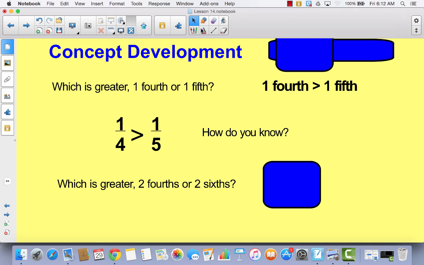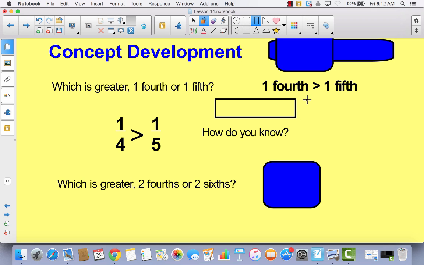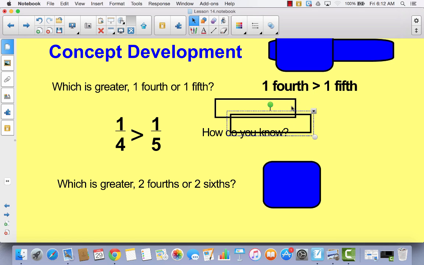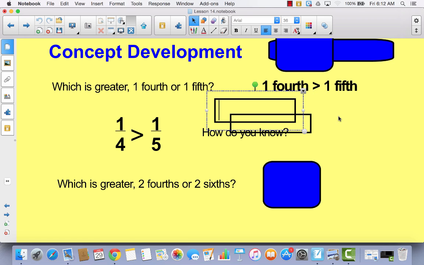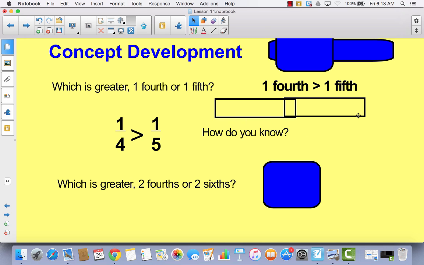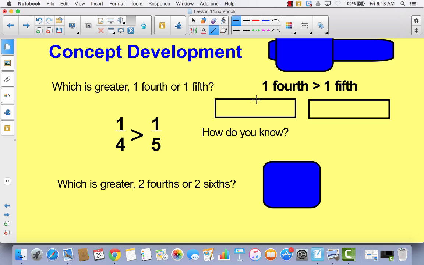Okay, if you took a look at a tape diagram, if you had two tape diagrams just like this, they have to be the same exact size, okay? If you had two tape diagrams the same size, let me just try this a little bit differently. If I took one and I divided it into fourths, okay, that's not perfect, but it's close. And I took one and I divided it into fifths,